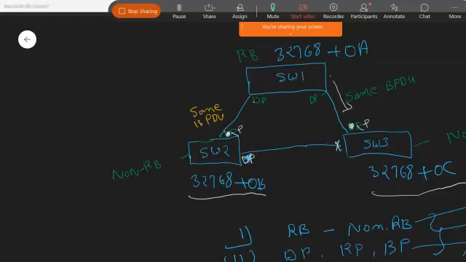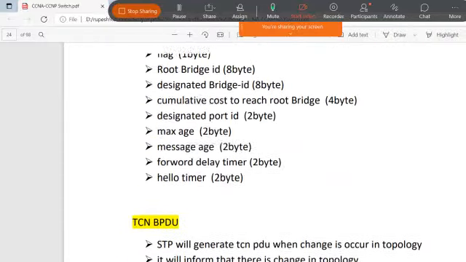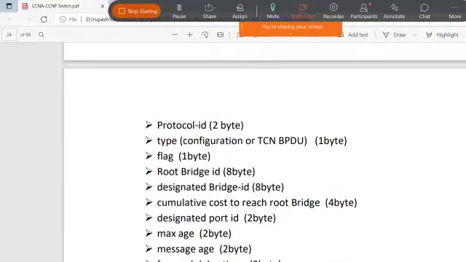Okay, now in this case, if I have the same link, which means I'm using fast Ethernet on all the interfaces, this one as well, so the bridge priority, which is 19, right? That is 19. So inside the configuration BPDU, let me show you, the bridge priority is also going to be generated, right? Let me show you.